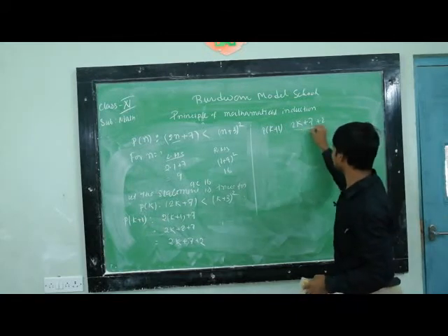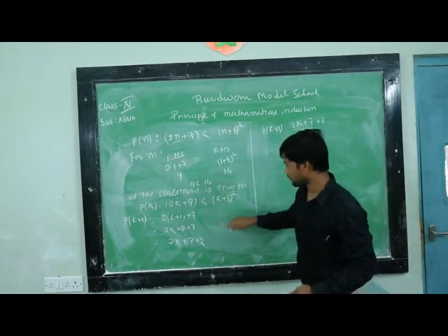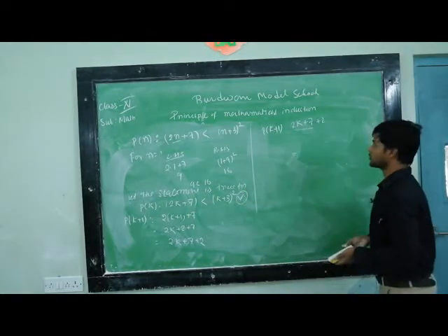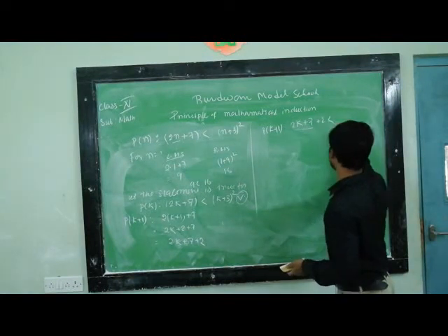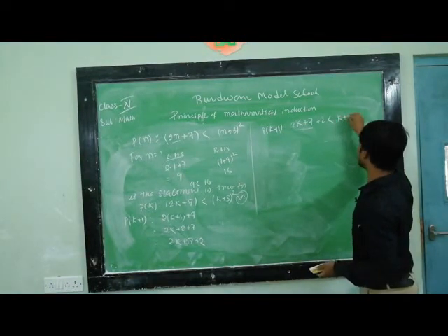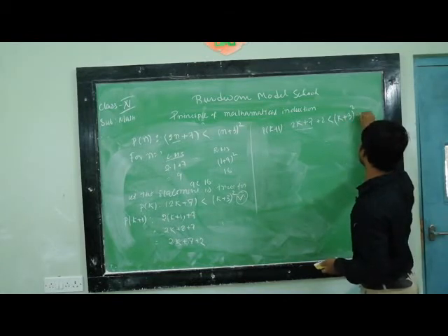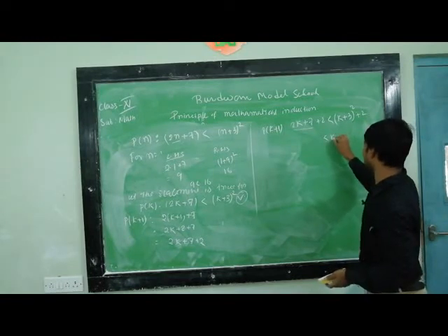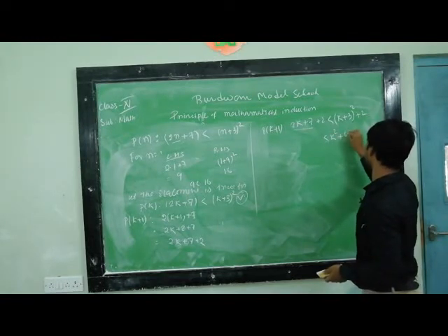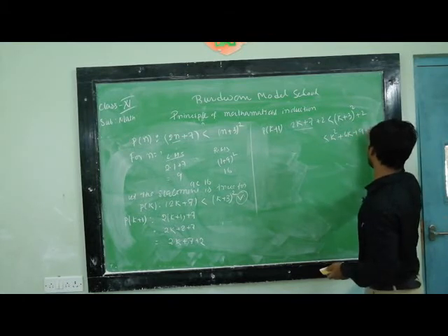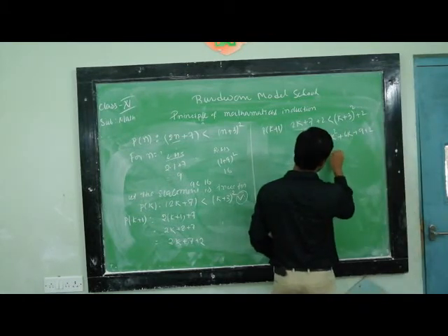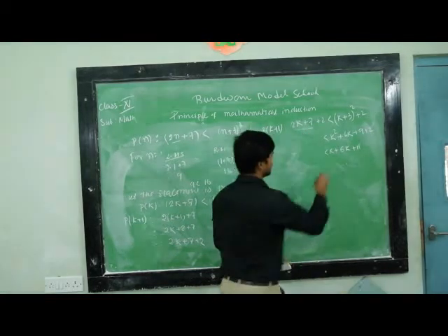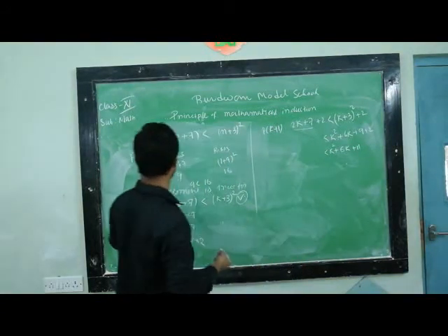Now look, from condition number 1, 2k plus 7 is less than k plus 3 whole square. So can we write that this is less than k plus 3 whole square plus 2, which is less than, now expand this expression, k square plus 6k plus 9 plus 2, which is less than k square plus 6k plus 11.